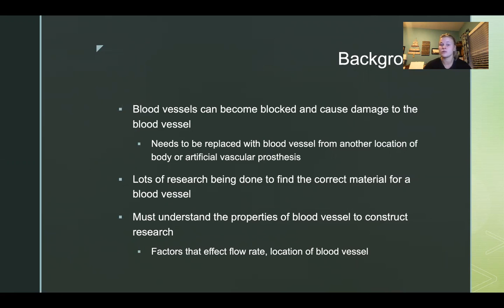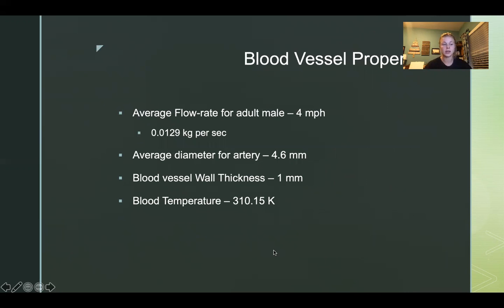They vary in size, and it can also depend on the human being themselves, their weight and their exercise. That all affects flow rate and the healthiness of their blood vessels. And so that all is taken into account when researching materials for replacements of blood vessels. From the research that I have concluded, I have come to the conclusion that the values I used for my flow